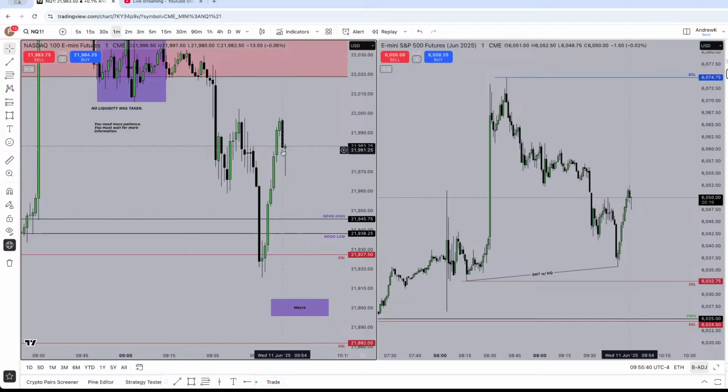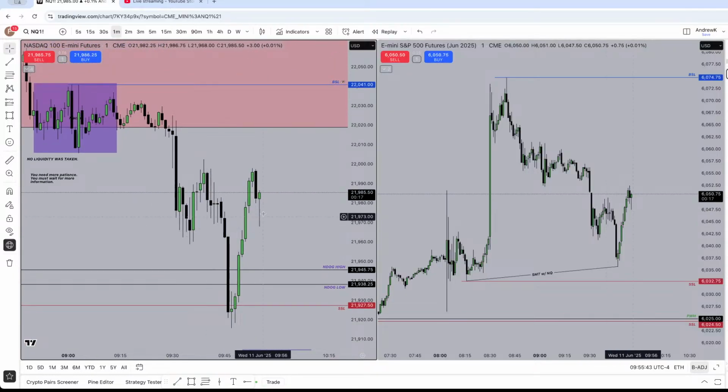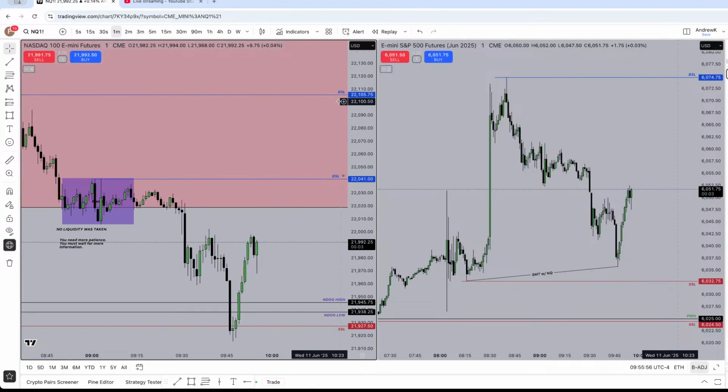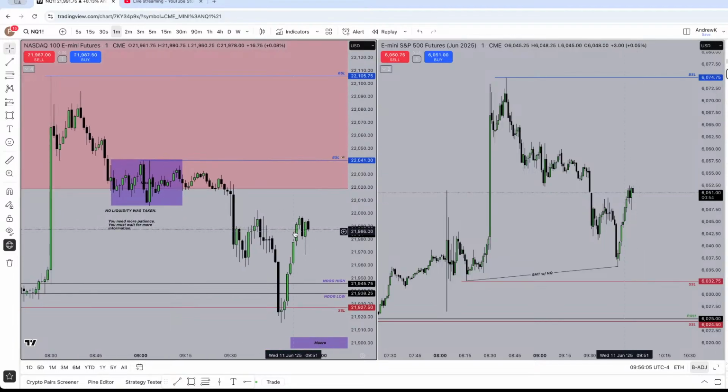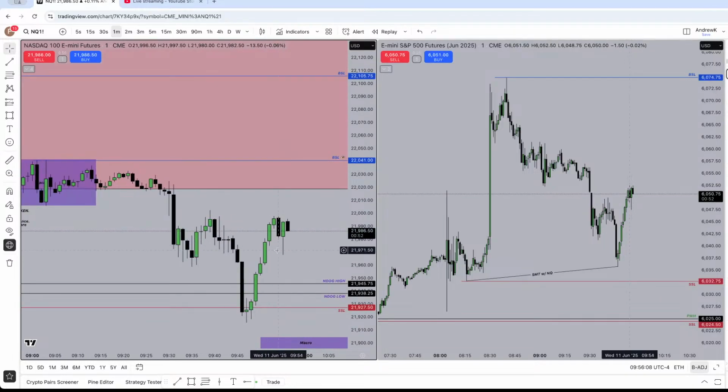So what would I want to see here? I would want to see this low stay intact. I know a lot of people dislike this, but structure needs to form. Really, I'd be looking for a run up here. So I definitely have enough to get in on. That's over, what is this, over 100 points. So calculate your risk. I want to see that hold first. Damage has already been done. So with that holding,